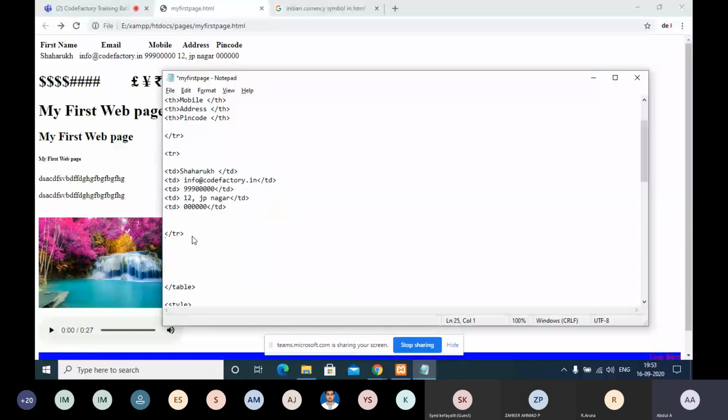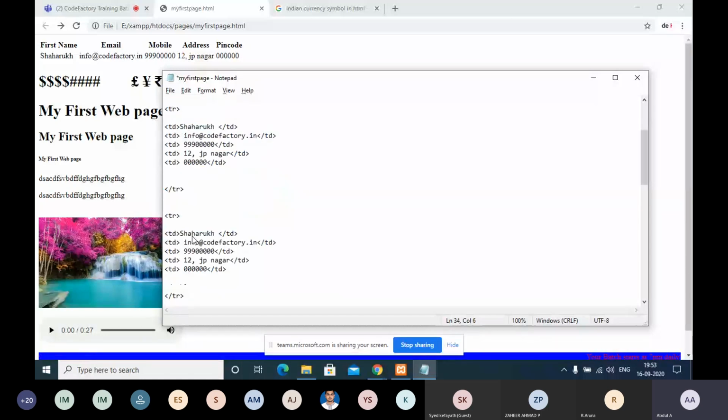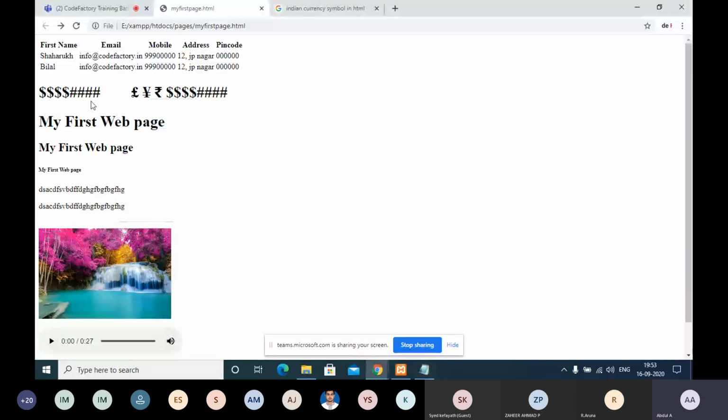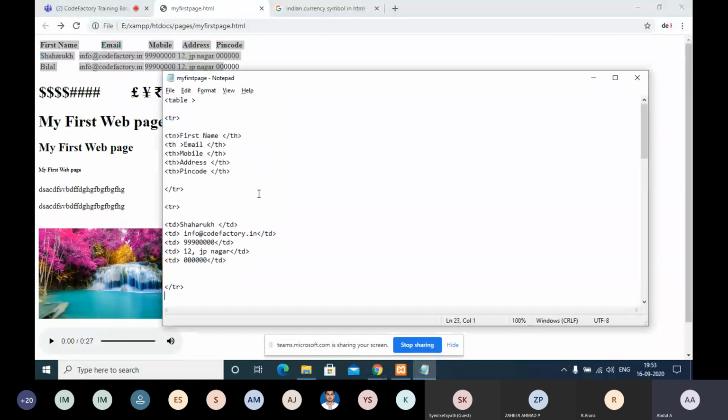I'm copying the same set, pasting it once again, and renaming it as Bilal. Now I'm saving and refreshing. Now you can find two rows in the table. Now we can go for the styling part.